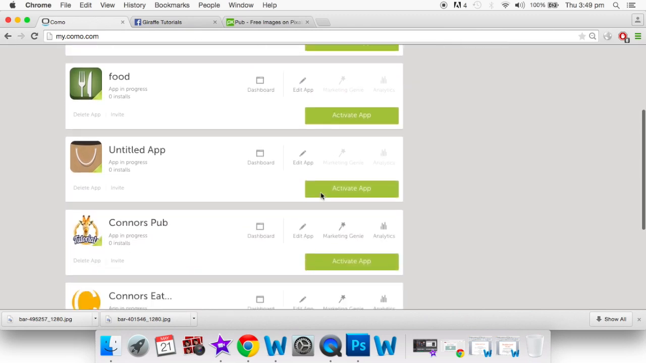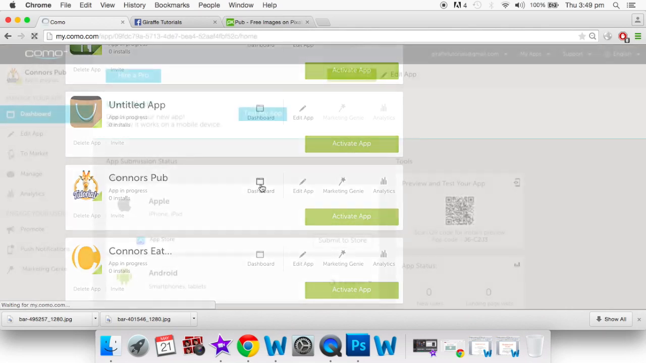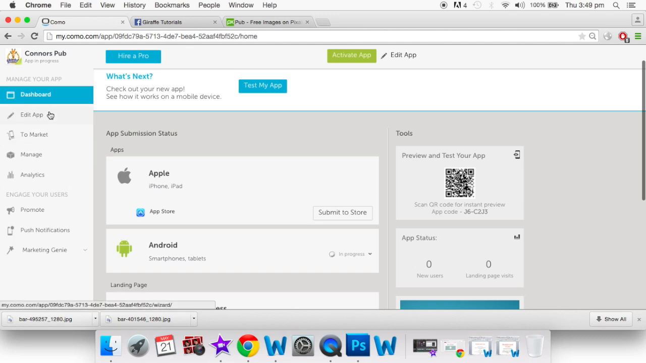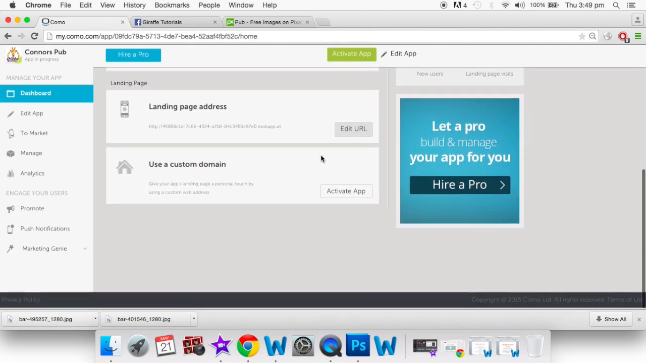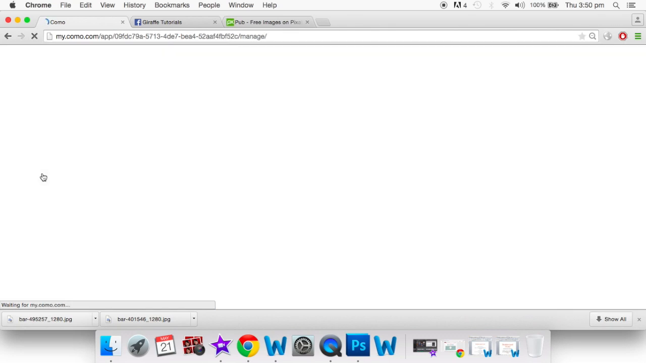Okay, so I've just made a few apps, so I'm going to come down to my Connor's Pub and I'm going to select Dashboard. Okay, so as you can see, there's a few different things that you can go through and do here, and I'm just going to quickly walk you through a few of them. So this is your dashboard. We can go through and see all your main information. Now if you want to edit your app, just simply hit Edit App. Now what I'm going to also show you is this Manage option here. So if you go through and click on that,